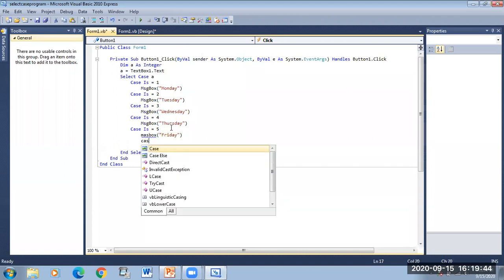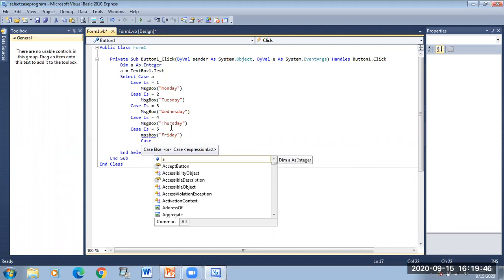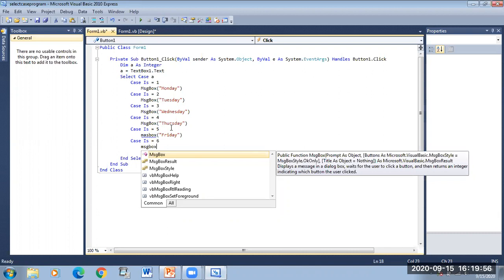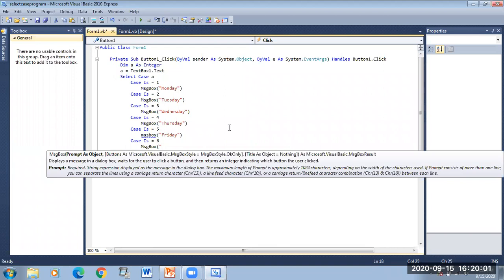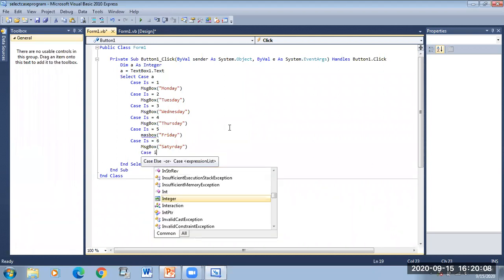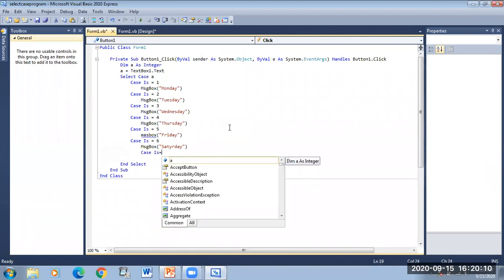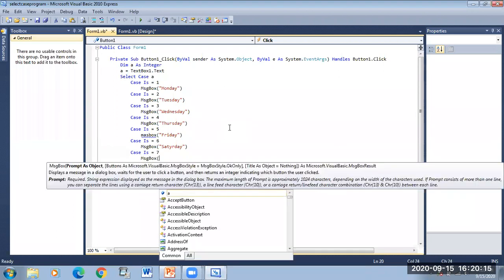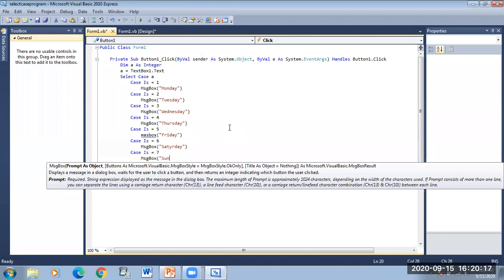Next case is equal 6, message box will be Saturday. Then case is 7, so message box Sunday.